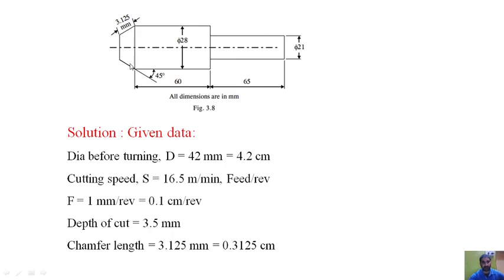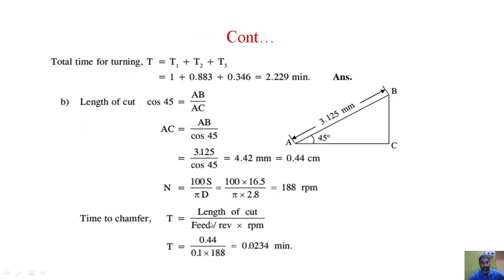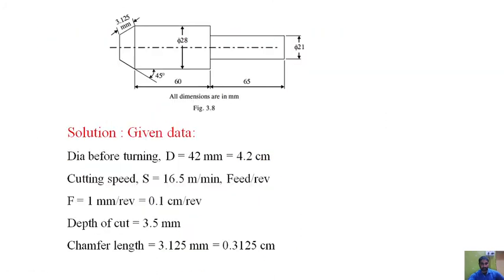So in the earlier way we have found out the length of this angular movement of the tool. So if you use the trigonometry, you will get it as 0.4 centimeter. So the length of chamfer will be 4 centimeter. So length of cut is 0.4 millimeter. Feed per revolution is same, 0.1, and RPM: the workpiece is rotating at a diameter of 2.8 here. So this side it is 2.8 mm. So this side is 2.1 centimeter.